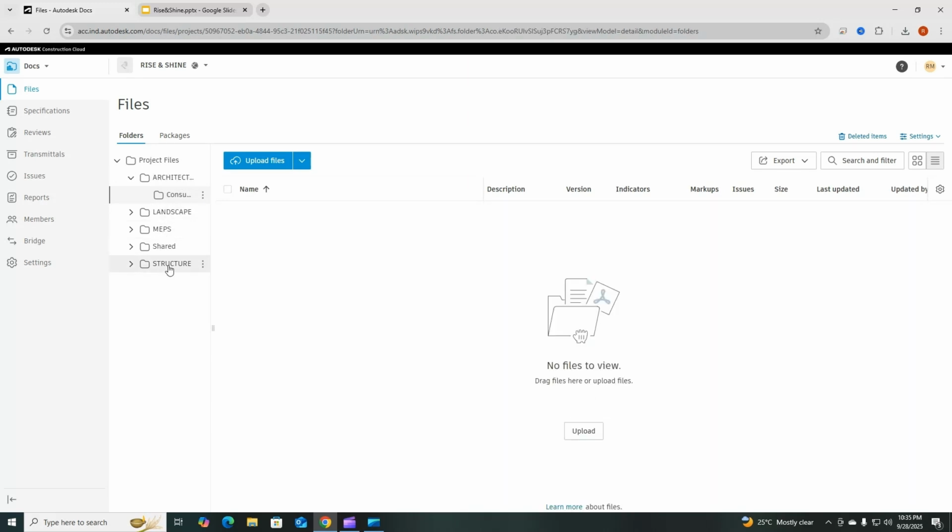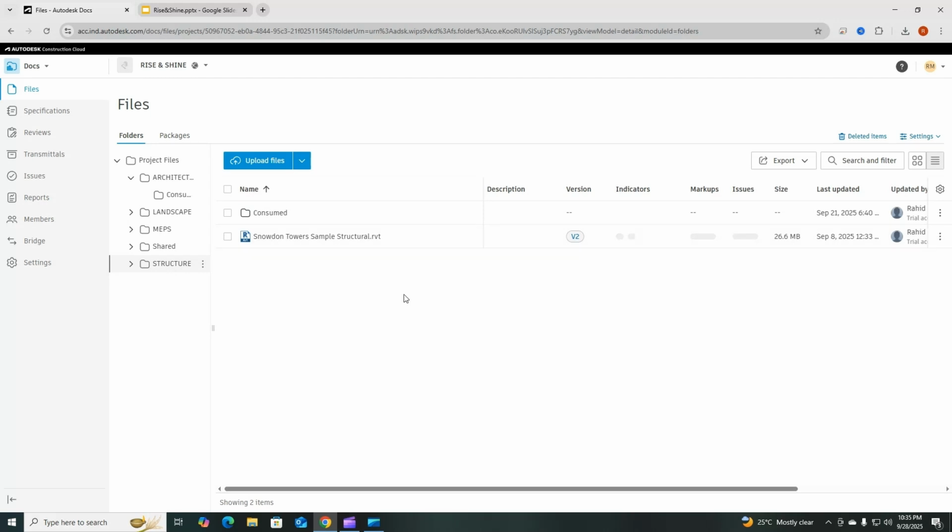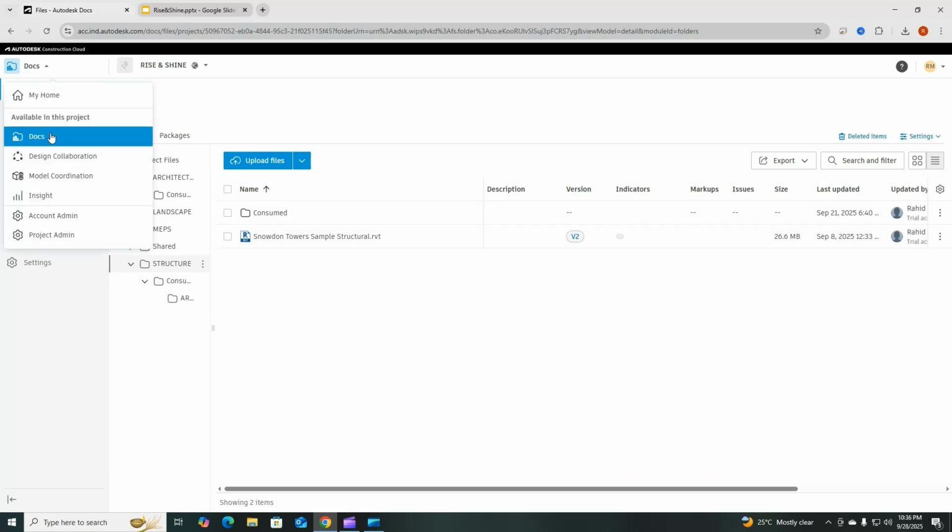I will go in the structure folder, and you see there is a structural model, and in the consumed folder there is an architectural model. When I create the coordination space and select this structure as the folder, it will create a link between this architectural as well as this structural model, and then it will clash both these models, which will help us to identify potential clashes.